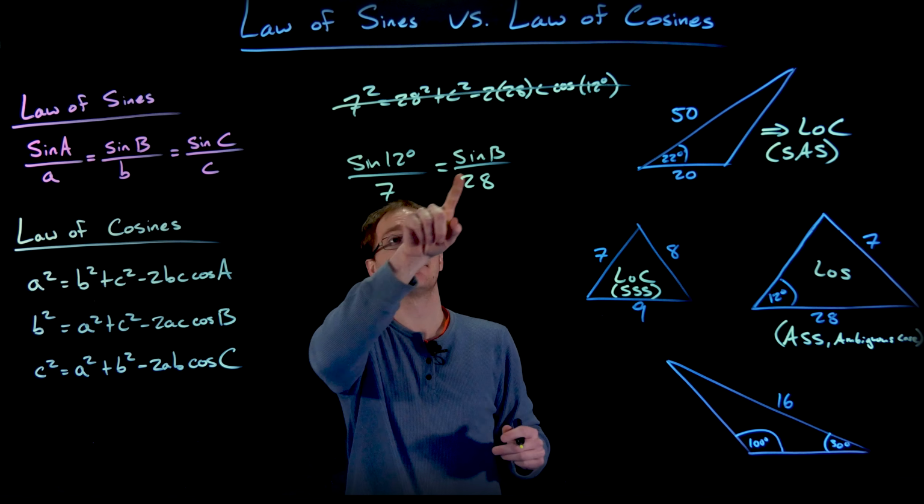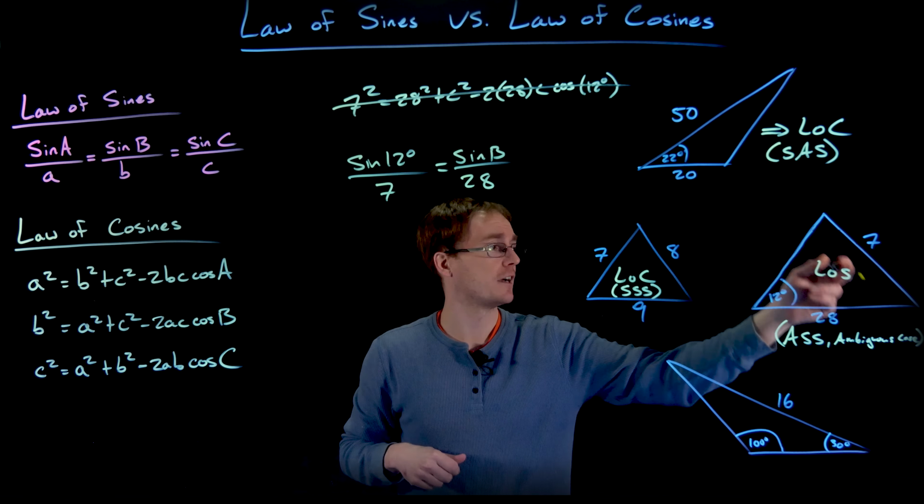Right, and then once we have that angle B, we could find the third angle very quickly using the fact that all the angles have to sum up to 180, and then we could use the law of sines again to find that third side length, or if we really wanted to, we could use the law of cosines. But law of sines is definitely quickest for this ambiguous case, which we can always recognize by kind of going around the triangle with the given information labeled